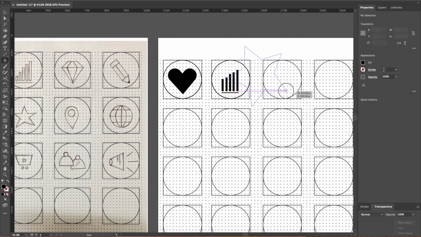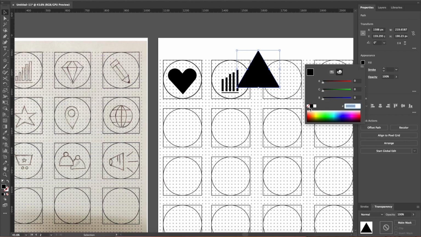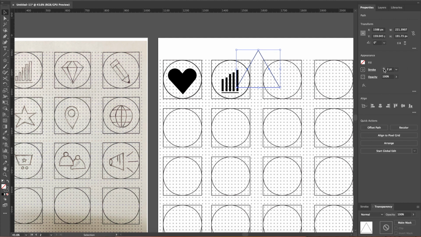So we're going to just keep it till here, and we will hold shift, and we don't need the fill, so we will not have it. We need the stroke, we need a black stroke, probably like so. So we'll have a 5 points stroke, keep it over here,